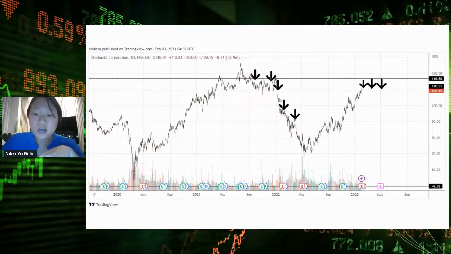This is actually a V-shaped reversal for your Starbucks, but the problem is you missed. So this is actually a very low risk for the bears. You can do two things. You can see that yes, Starbucks can try to maintain going all-time highs if and only if there remains a